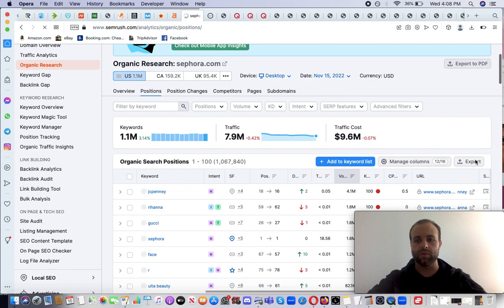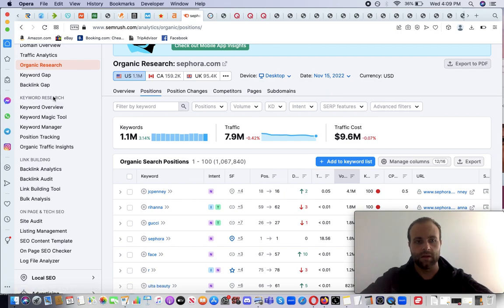And you can always export this entire list of keywords right here to an Excel sheet with one click. And then that way you don't have to manually create a list, and you can just delete whatever you don't want in there. Now, that's the first way to use it. The second way to use it